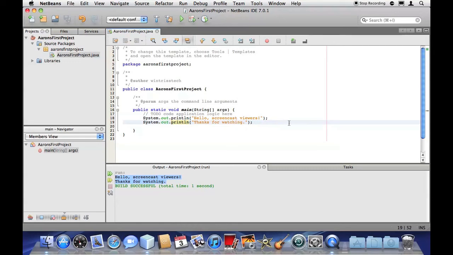But before we do that, I'm just going to show you one thing that NetBeans does for us that might confuse you at first, but it'll help you out down the road, and it'll help you figure out what is going wrong, if anything is going wrong in your program. So say I type something a little bit off. I'm going to type system wrong, System.out.println parenthesis, double quotes, a third